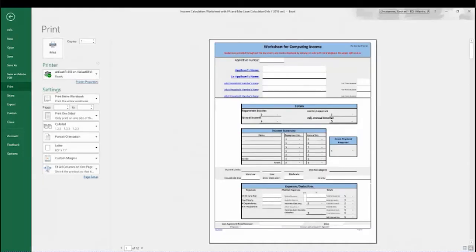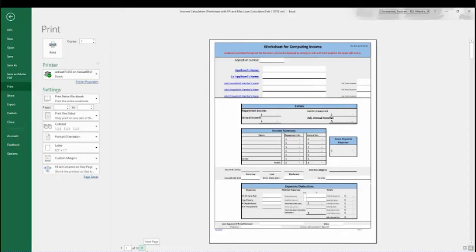In addition to the income calculations on the first tab, the tool also includes a Payment Assistance and Maximum Loan Calculation tab, a tab specifically for cosigner information, as well as a tab for Form 1944-61 Credit History Worksheet. So to give you an overview of how the tool looks when printed, and to help you get a better perspective of the tool's layout, Rachel has the print preview pulled up on your screen. This will give you kind of a bird's eye view of how the tool looks and how it flows.